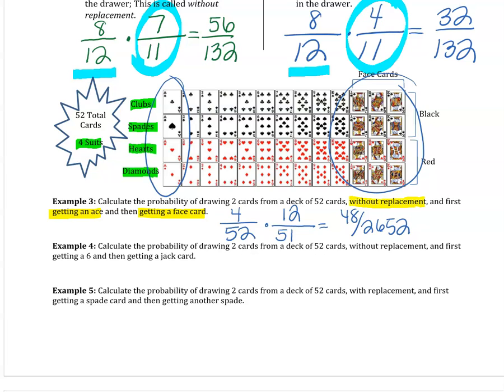All right, calculate the probability of drawing 2 cards from a deck of 52 cards, again without replacement, and first getting a 6 and then getting a jack. So again, out of those 52 cards, there are 4 that are 6s. Now you don't put it back, so still picking out of now 51 cards, and then getting a jack. There are 4 jacks in the deck of cards. Multiply across the top and the bottom,